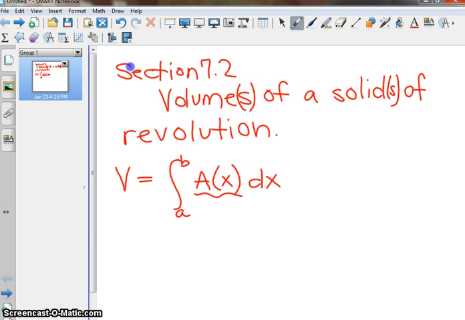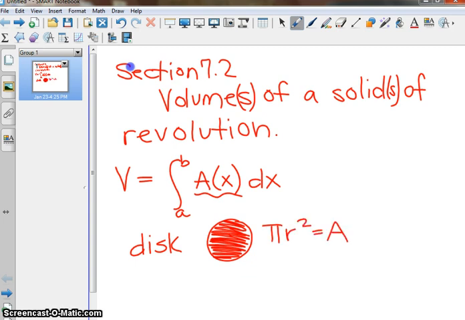a disc is a circle, and a washer is a larger circle with a smaller circle on the inside. So by a disc, we mean a circle. Think of a frisbee, think of a solid circle. The area of a circle is pi r squared. If it is a washer,